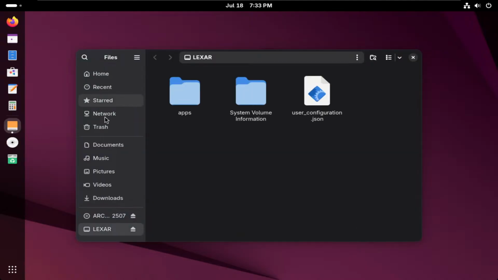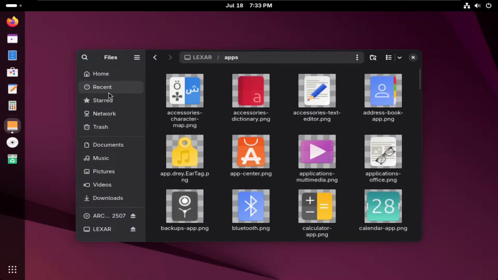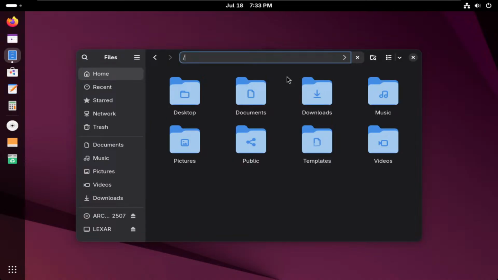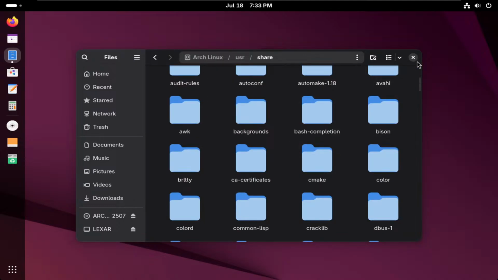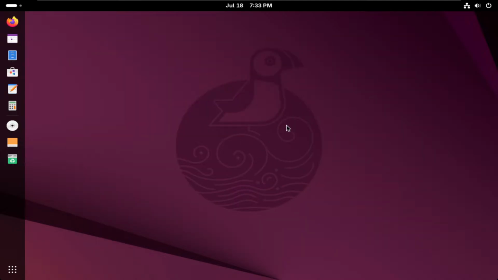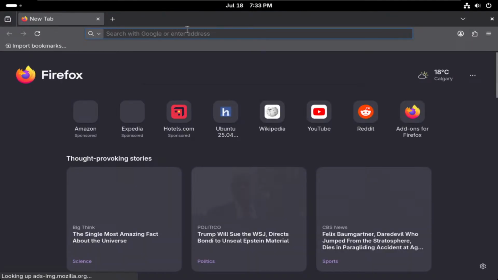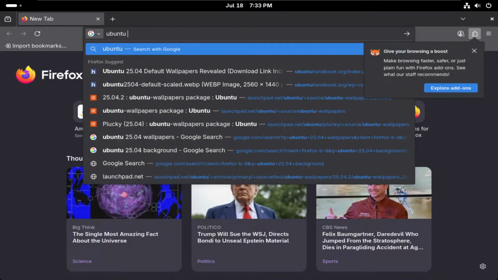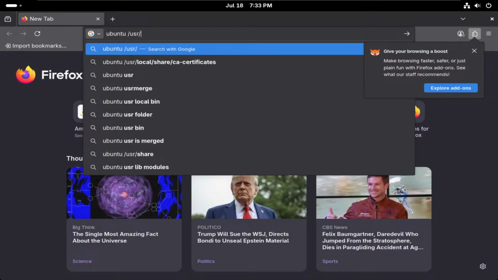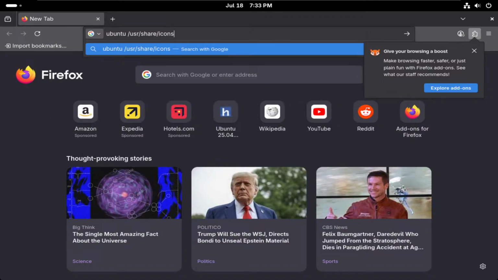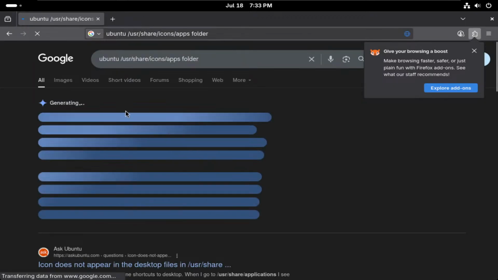Alright, Lexar apps. So you know what I would say? Let's go here. Go to slash user share. Actually, you know what I'm gonna do? Hold on. We're gonna go to here. We're just gonna replace the whole icons apps file. So Ubuntu root, user root, share root, icons root slash apps folder. So yeah,